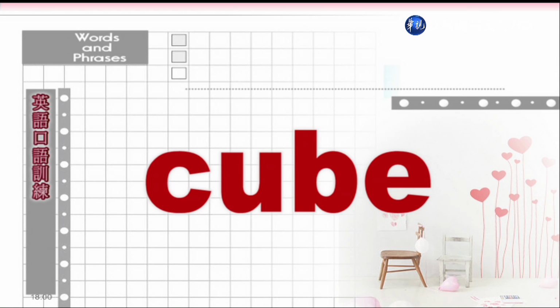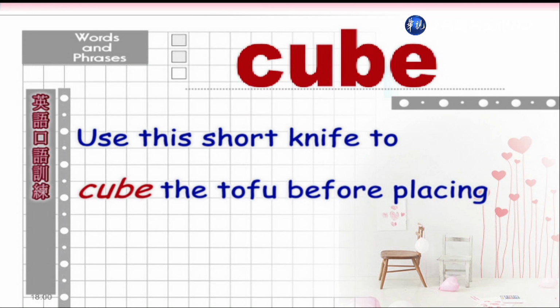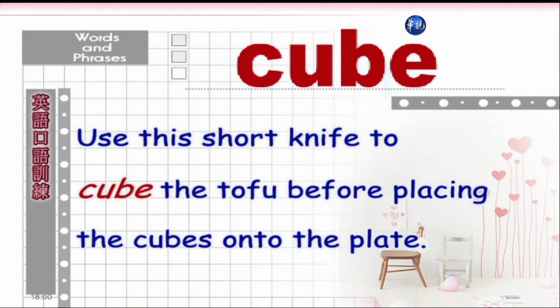Cube, cube. 块状。Use this short knife to cube the tofu before placing the cubes onto the plate. 在把豆腐放到盘子上之前呢，先用这把短刀把它切成块状。